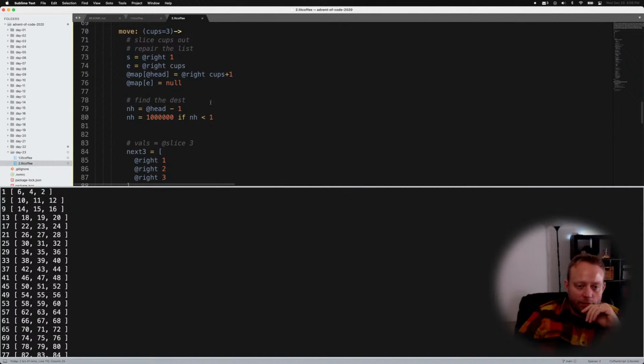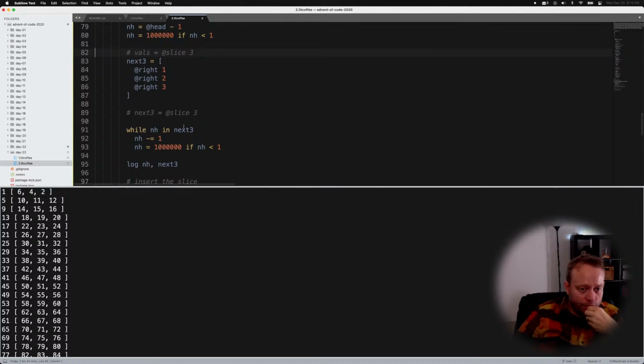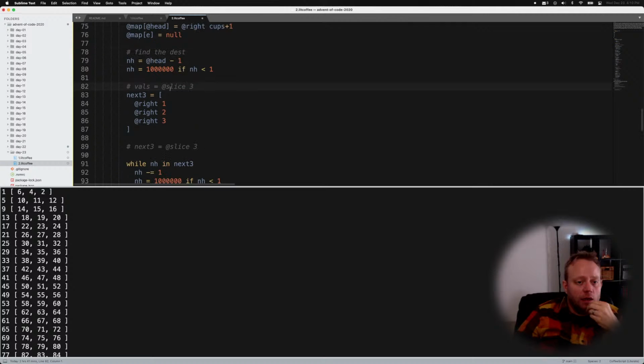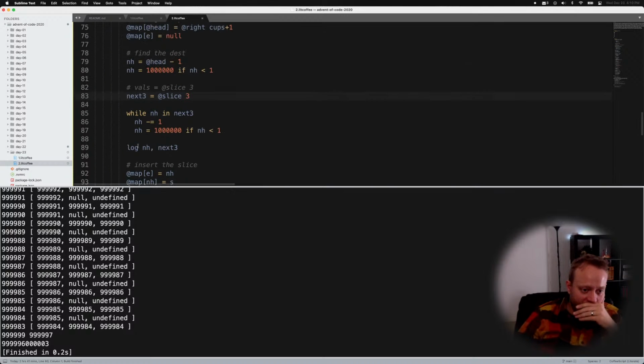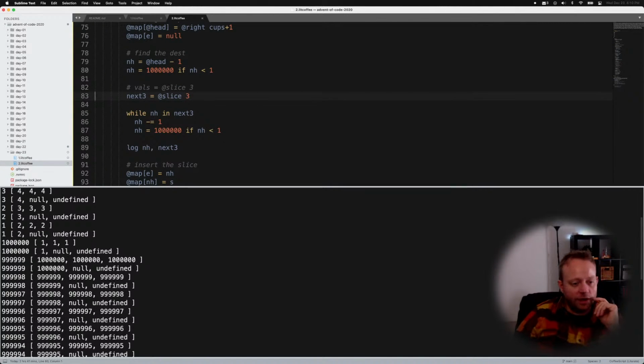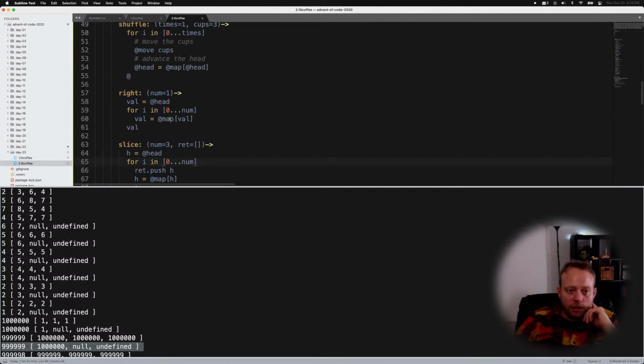So new head is head minus 1. Then we wrap around to 1 million if it's less than 1. And then we get the next 3 values from the current head. And that should be this basically, so we can do that. Okay, and that's giving us a different number. Oh, we're getting nulls in there now. Oh no. So next 3 should wrap around. That's why. Okay, so next 3